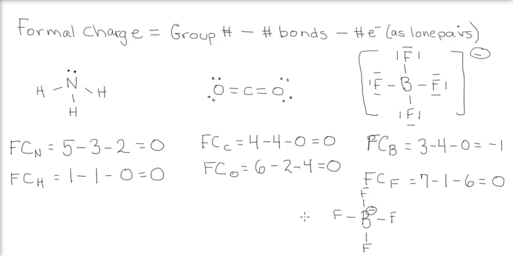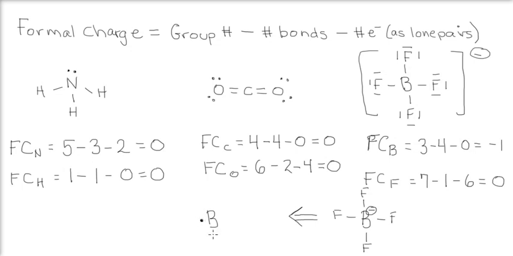Now, if we think about this conceptually, what does this actually mean in terms of the bonding for boron? Well, you have to remember that when we have a negative charge somewhere, that means that we have gained electrons from somewhere. Since the boron is making 4 covalent bonds, 1 to each fluorine, from the Lewis dot symbol of